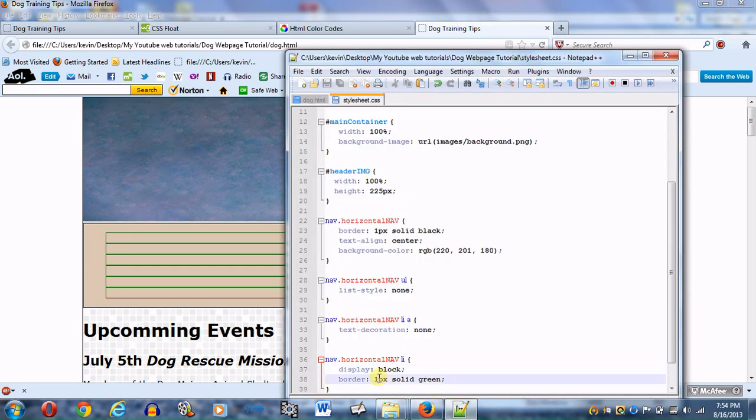But actually, I want to make this 5 pixels. Solid green, and obviously I'm going to change this back to inline block, and I'm going to go ahead and continue on here. I'm going to go back to my A here, my anchor tags, or anchor words. I'm going to go text, oh, I'm sorry, color,